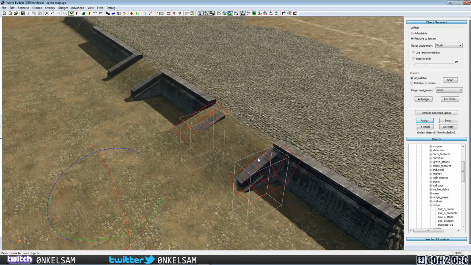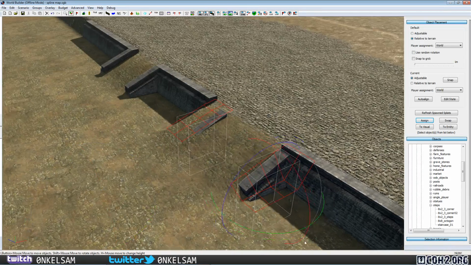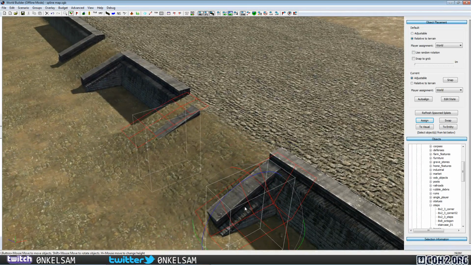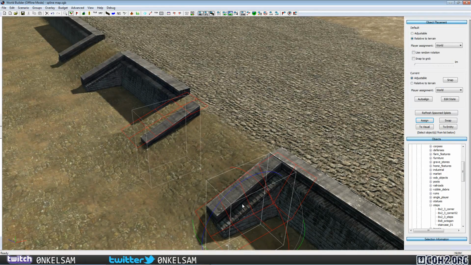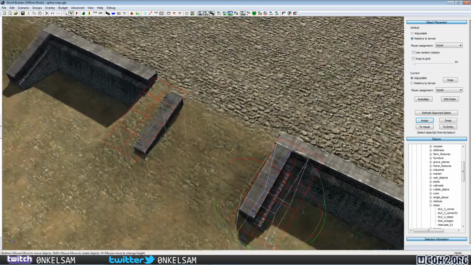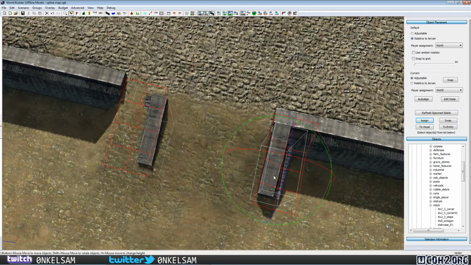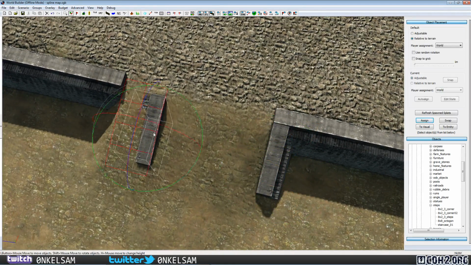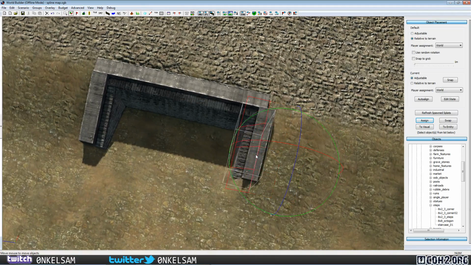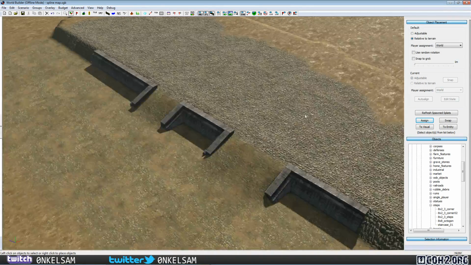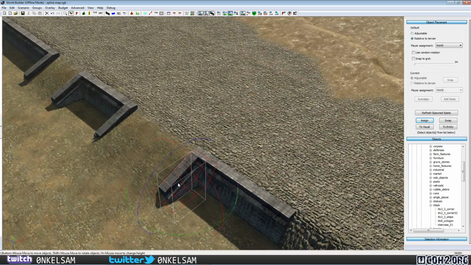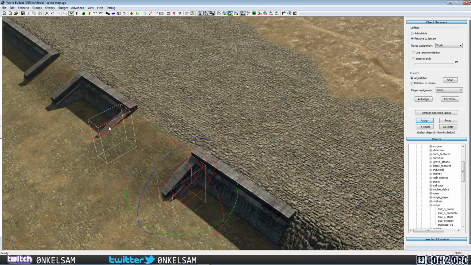Put this down here. Actually might have to increase this in height a bit by holding down the H key. Put this down. Anyway, I don't have to make this very precise, it's just for demonstration, so it's all good. So maybe it's even too high, whatever. So put this down